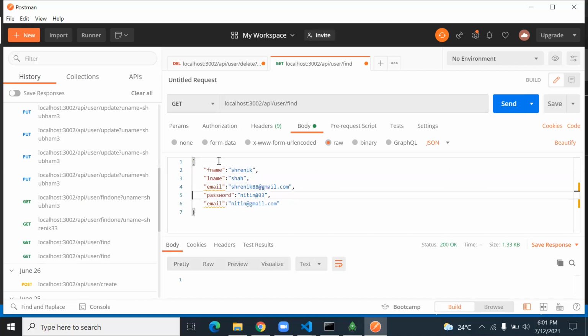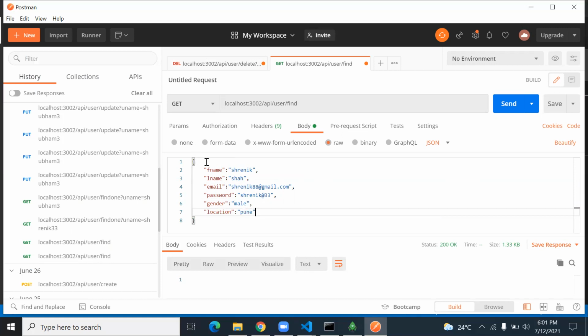This is just testing. Then I take password. Let's say something is the password. Then the next is gender. Here I type gender. Then I type location. So here we add location.